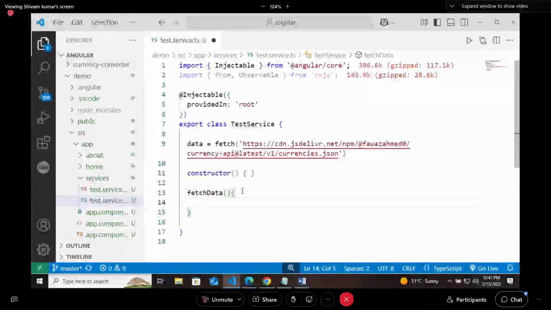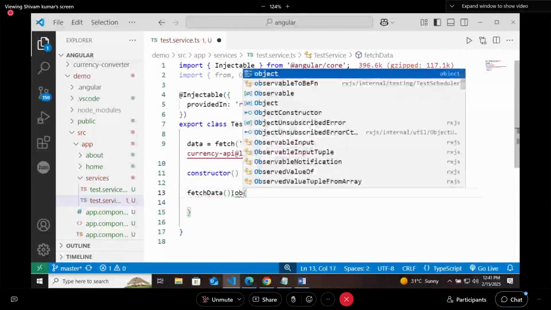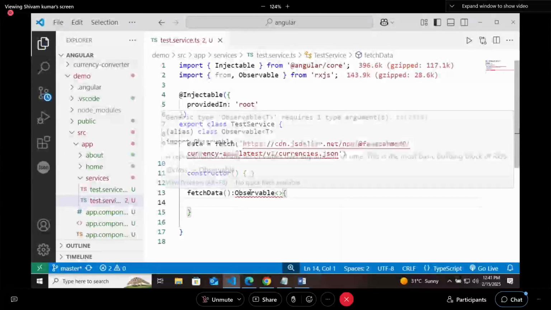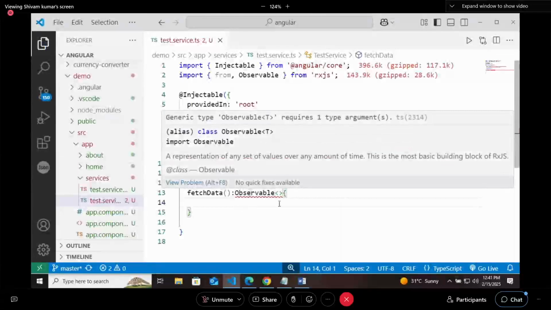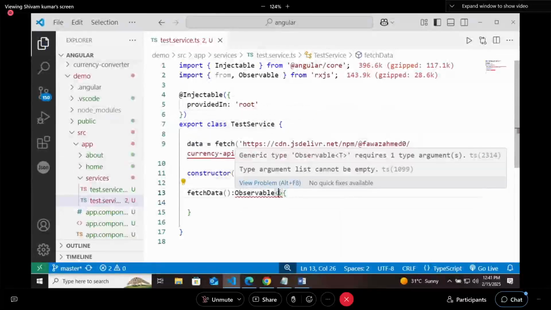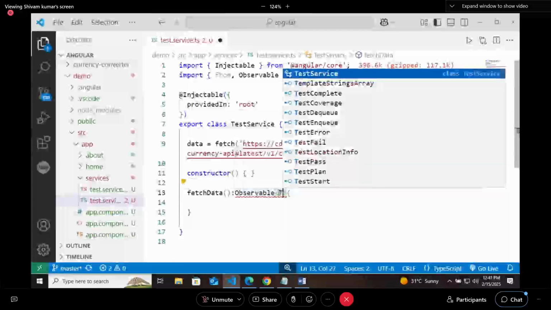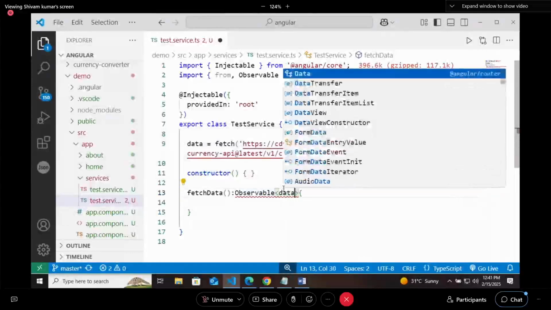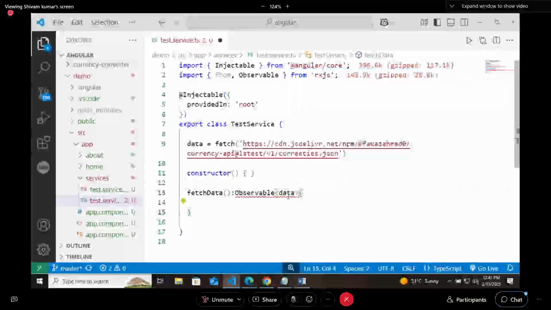And this fetch data, I will say that it is going to have a type something as observable. That function is having a type as observable, and it is a type of, let's say, T. Now what is this T? Let's say if I'm saying that it will be of type data, this observable will be type of data.